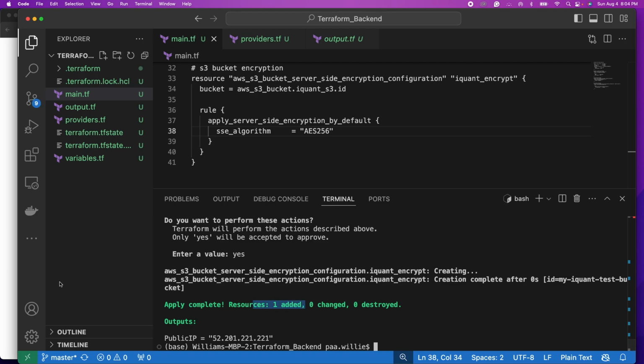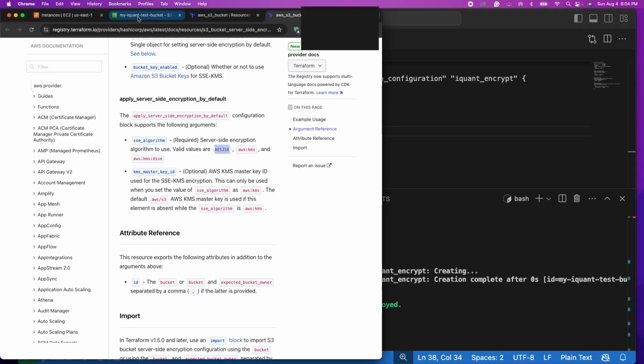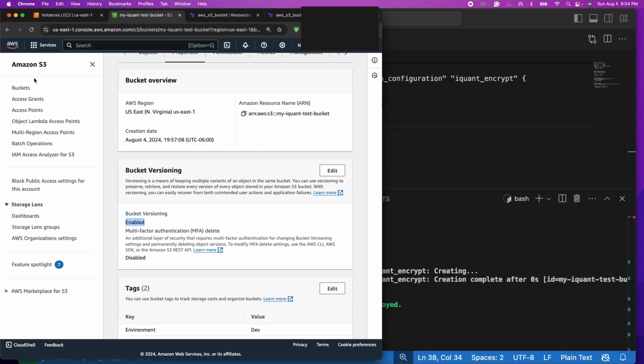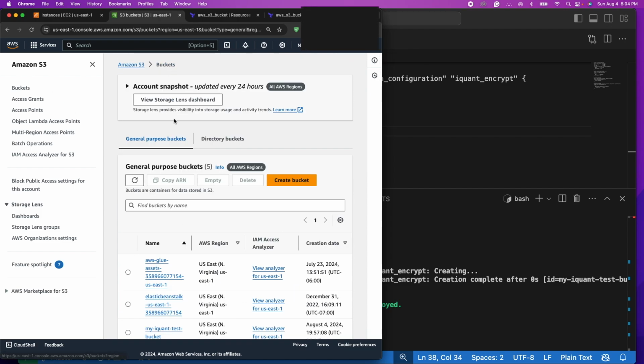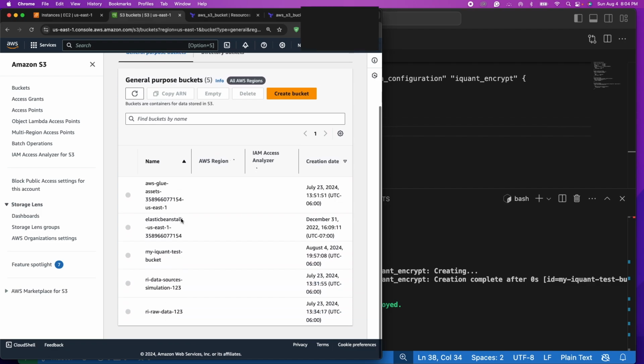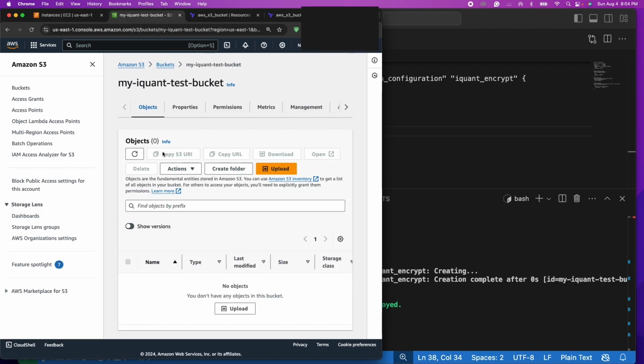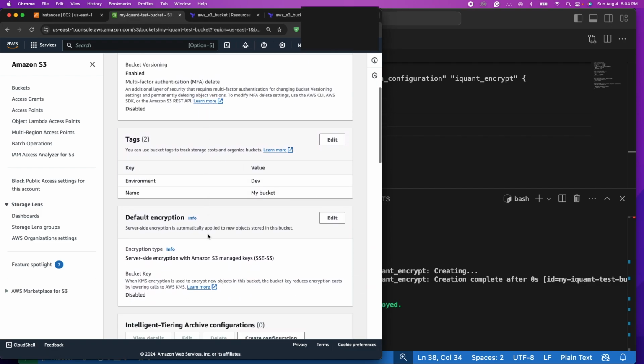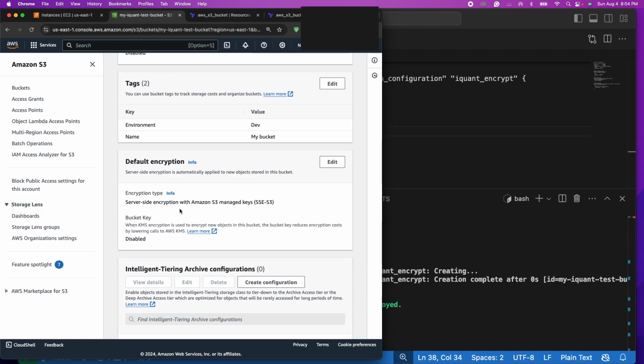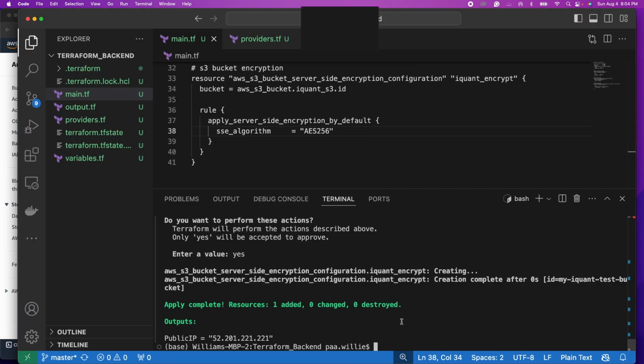One resource added. Okay. So we've added encryption to our bucket. So if I refresh our bucket properties, yep, so you have encryption done. Now let's talk about storing a state file inside of our backend S3 buckets that we've just created, we've